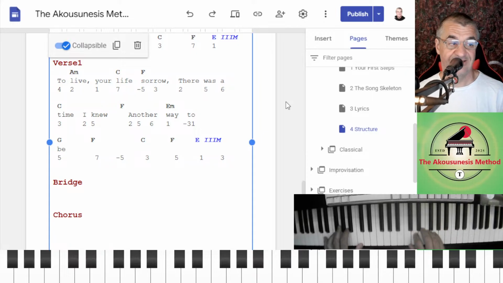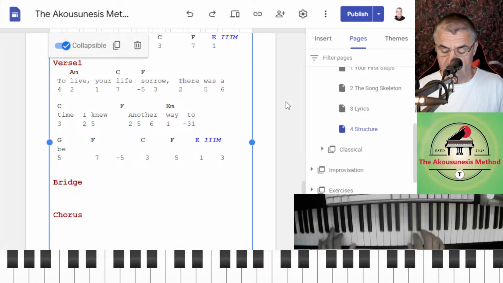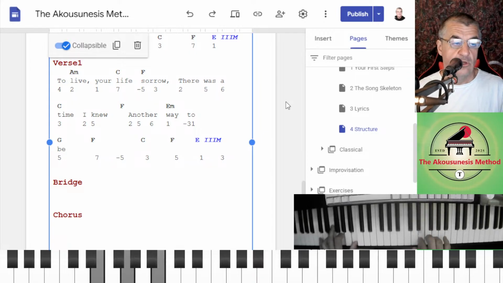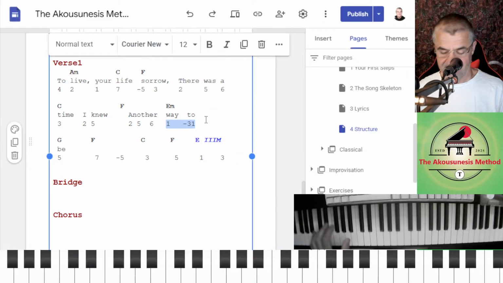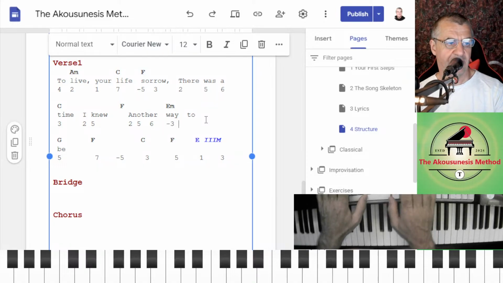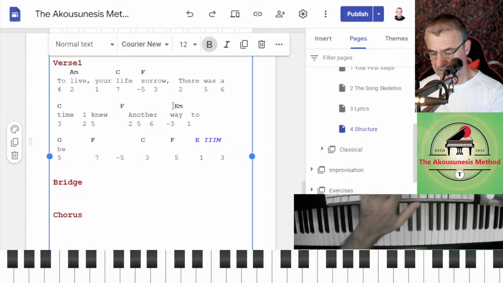Another. I like that now. High. Another way to, maybe put it back to -3. Oh, bring that back.